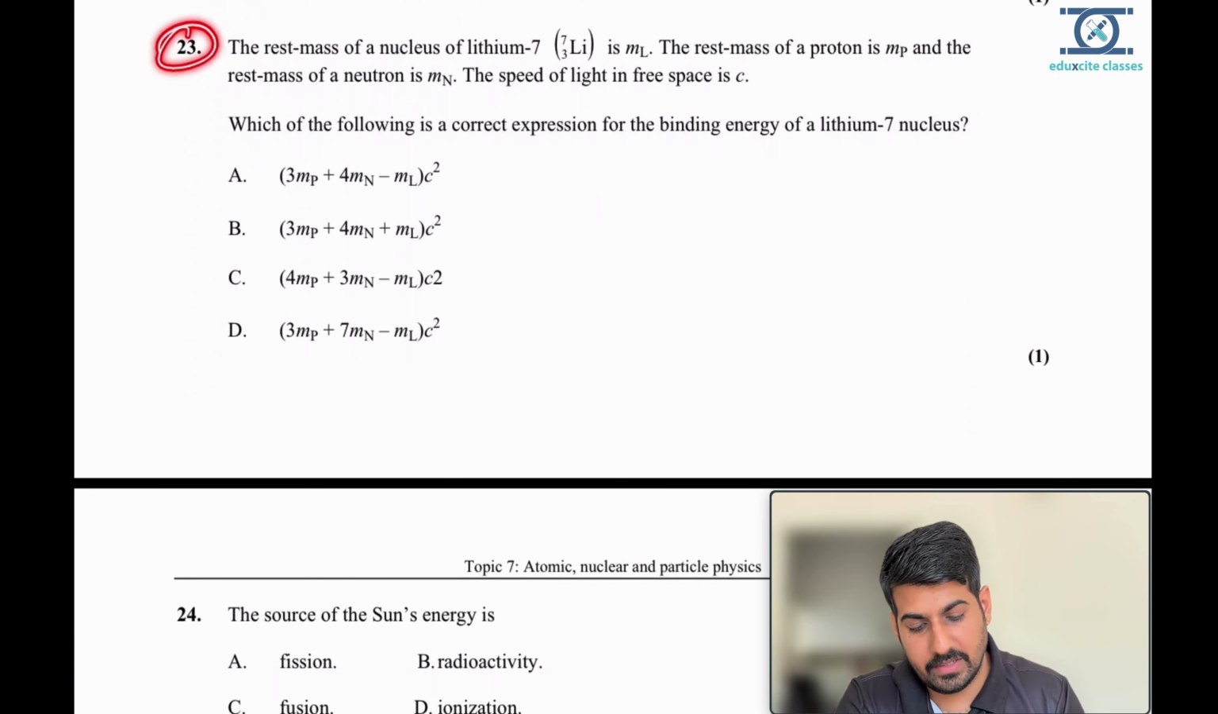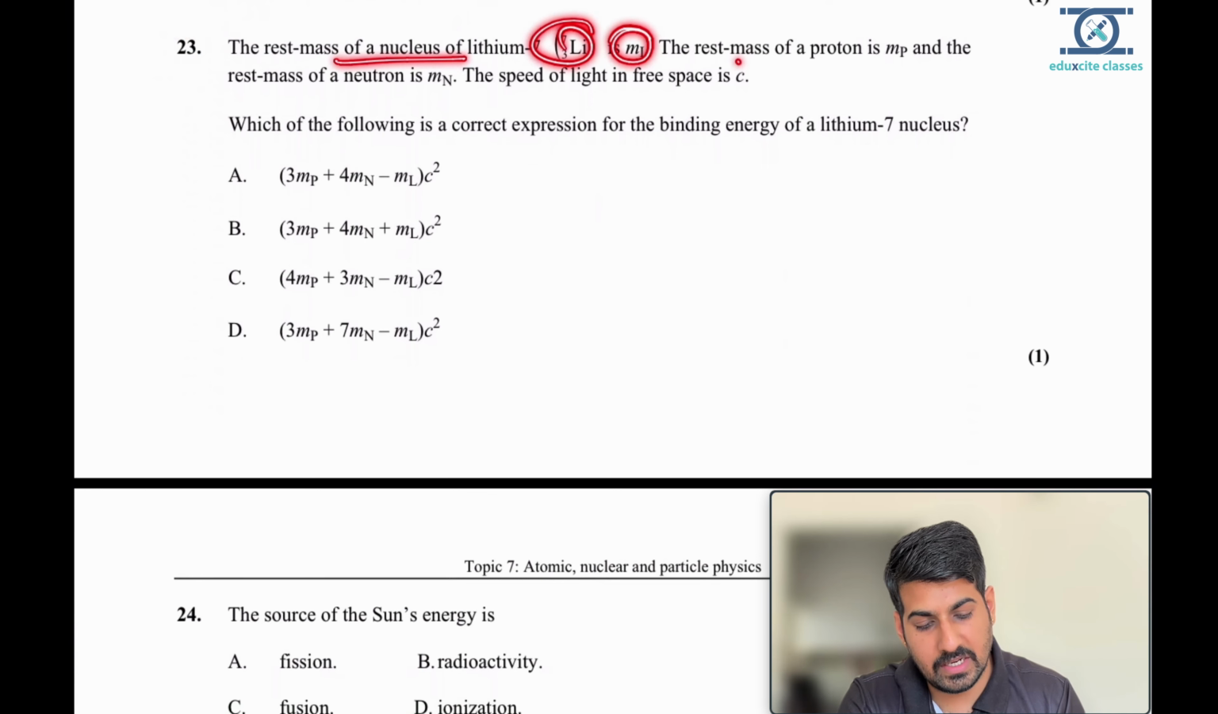Question number 23 now. Rest mass of lithium is given as ml, the rest mass of proton is mp, and the rest mass of neutron is mn. The speed of light is this. Which of the following is the correct expression for the binding